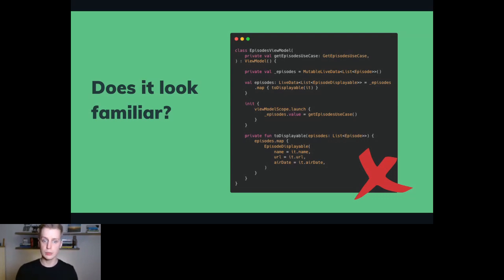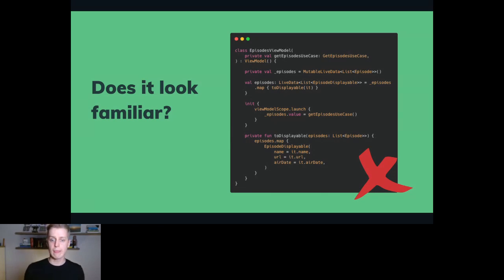Everything is good. But as you can see at the bottom of that class, there is a mapping method, and this is not a good approach of having such a method inside a class like a view model or repositories.